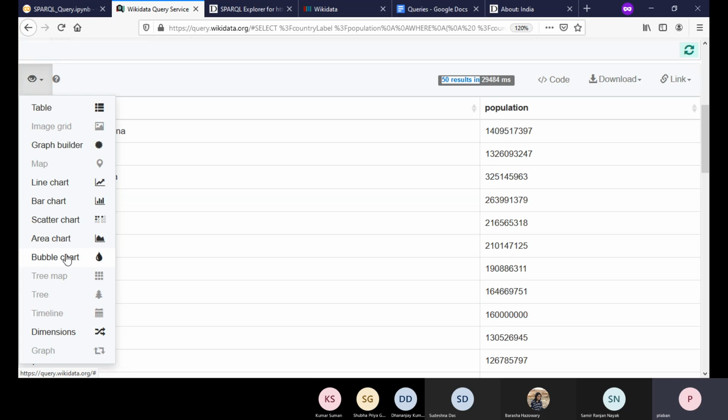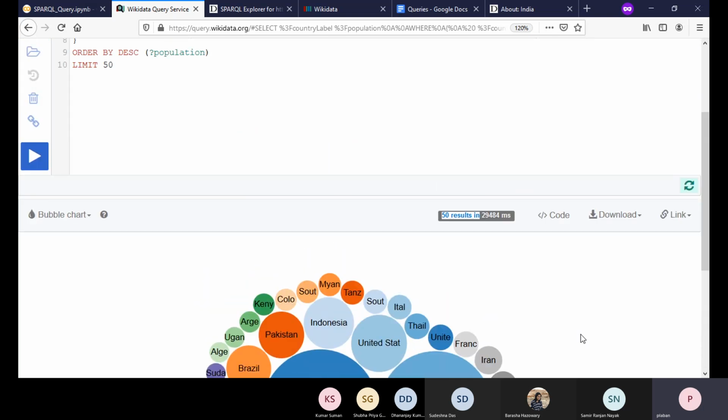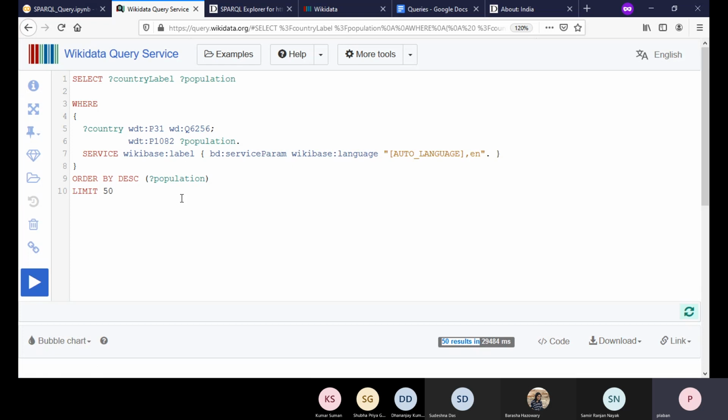So let us see a bubble chart way of viewing the same data. If you just select bubble chart, you can see that the population of every country is represented by a bubble, and the bubble size is proportionate to the population size of that particular country, right? So you can see that we are getting a very nice visualization of the data. So this is one query you can write.